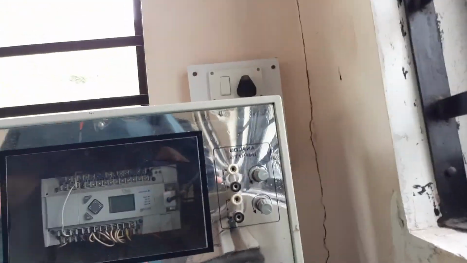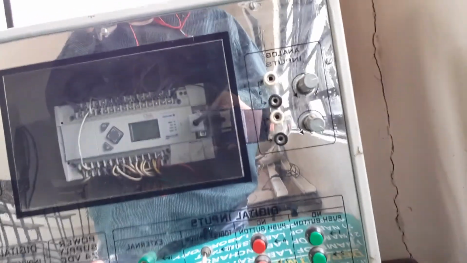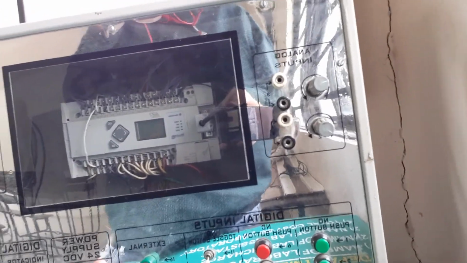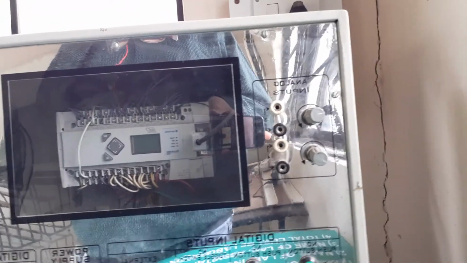Today I will show you how our PLC is looking. So this is the PLC machine we are using. Now we have 3 to 4 sets of machines in our lab. Now you can see that there is a PLC inside, Allen Bradley. We are having power, run, fault, force.